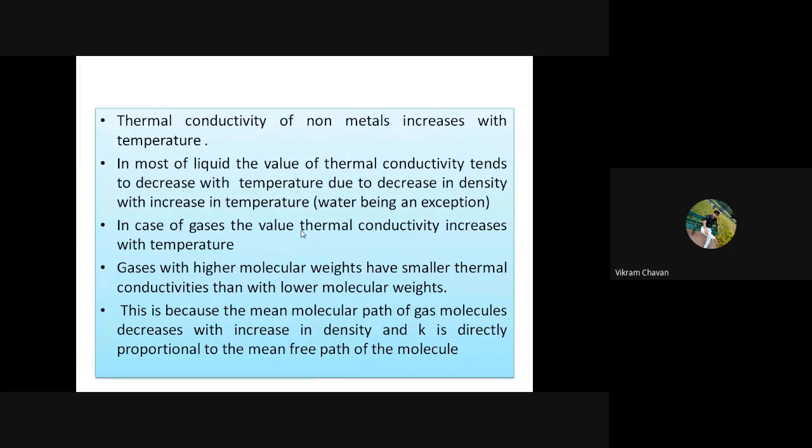Means what? Gases with lower molecular weights have higher thermal conductivity than gases with higher molecular weights. Okay, a reverse statement. Then next, this is because